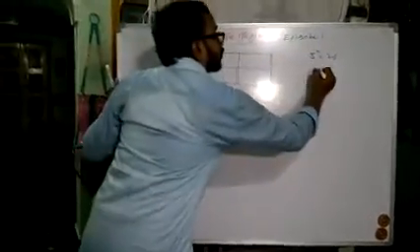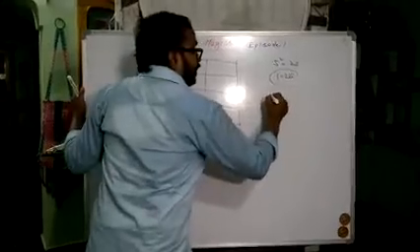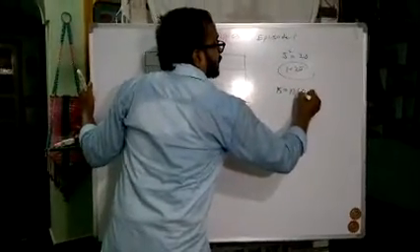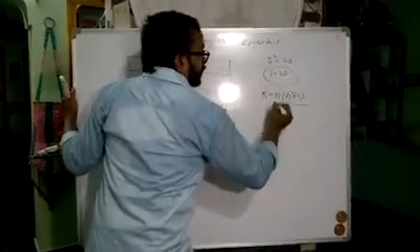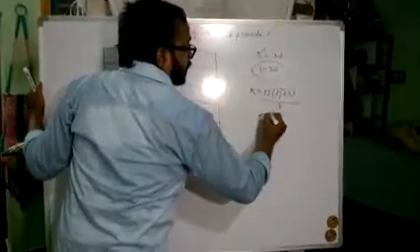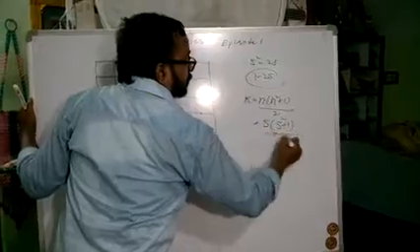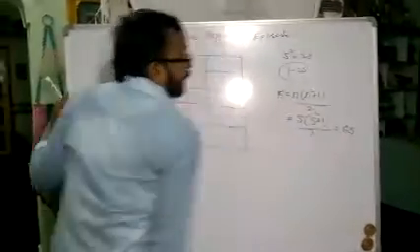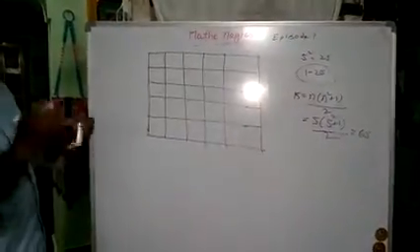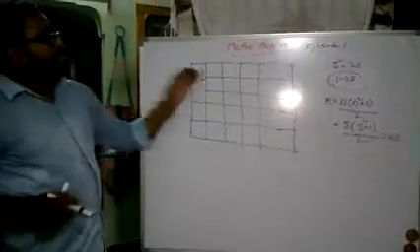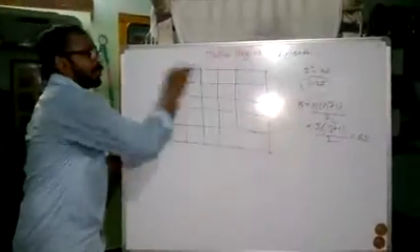Here we have to use the numbers 1 to 25 to get the magic constant k equal to n into (n squared plus 1) by 2. If we substitute n as 5, that is 5 into (5 squared plus 1) by 2, it gives 65 as a result. Now we have to find the sum of 65 in any row or any column.